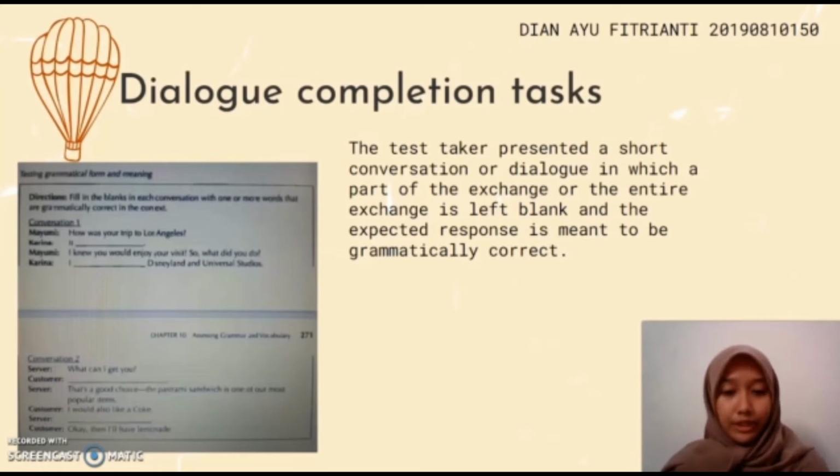The test taker is presented a short conversation or dialogue in which a part of the exchange and or the entire exchange is left blank, and the expected response is meant to be grammatically correct. The correct response requires that the test taker understand the information in the conversation that is provided by the other participant. In the first of two exchanges, the past tense marker was